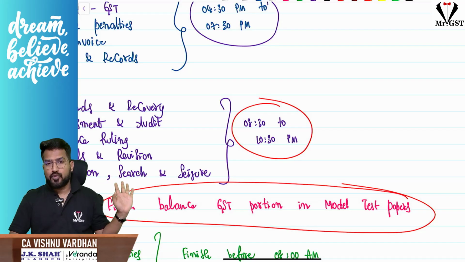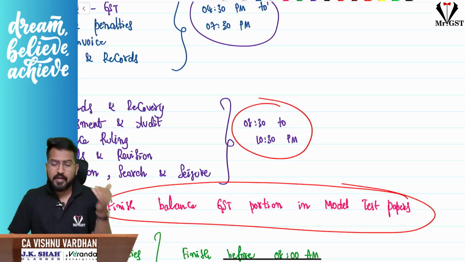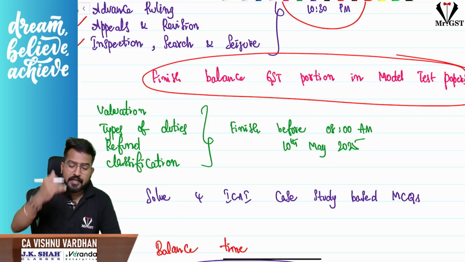Now you can happily go to bed. That means before going to bed, you are finishing entire GST. Before 9th May, you are going to bed, you are finishing entire GST along with model test papers. Okay. So now the next day when you wake up, what you do is you take customs